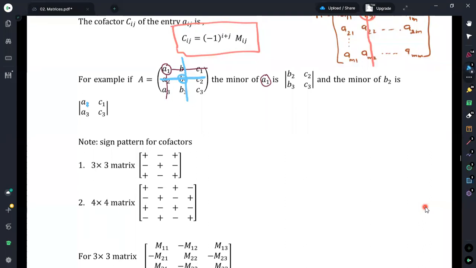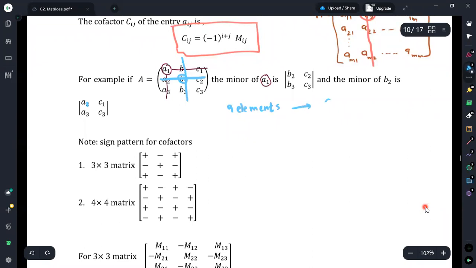Now we can see that here I have just included obtaining the minor for two elements only. Since we are having 9 elements, we should have 9 minors for this matrix. And we know that based on minors we are obtaining the cofactors. Since we are having 9 minors, there should be 9 cofactors as well.